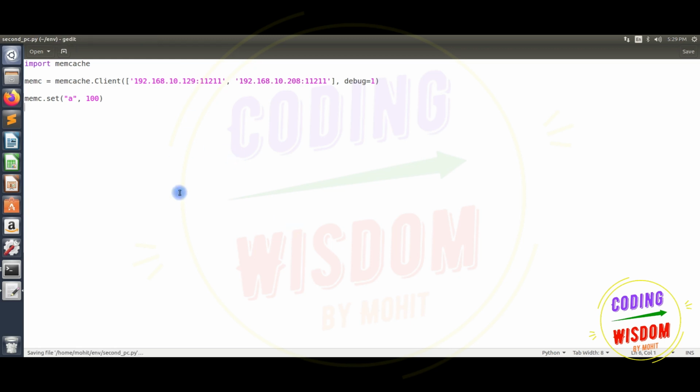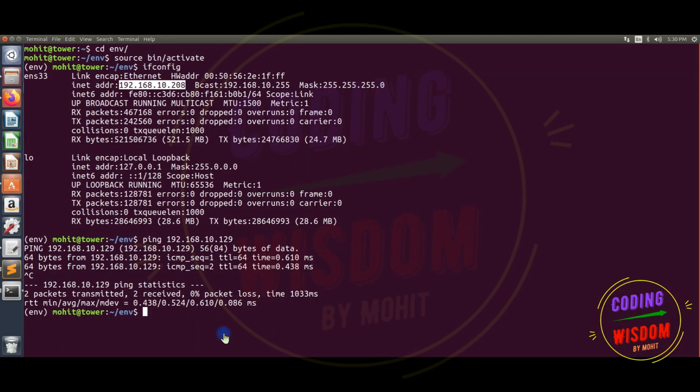Here I am setting memcache A to 100. This is a connection. Import memcache, this is a connection, and this is the setting of something in one program, and in the other machine I will get this one. So here I am writing a program, sudo gedit.